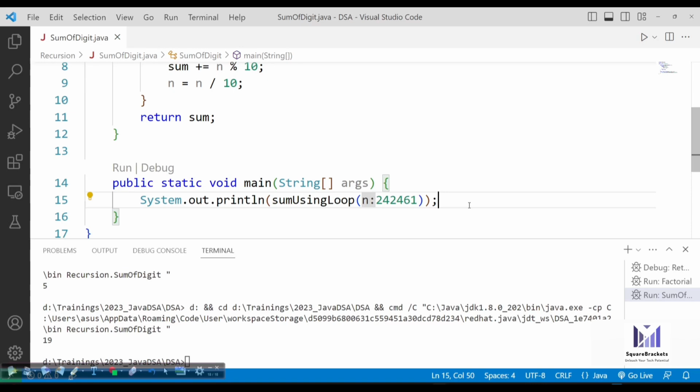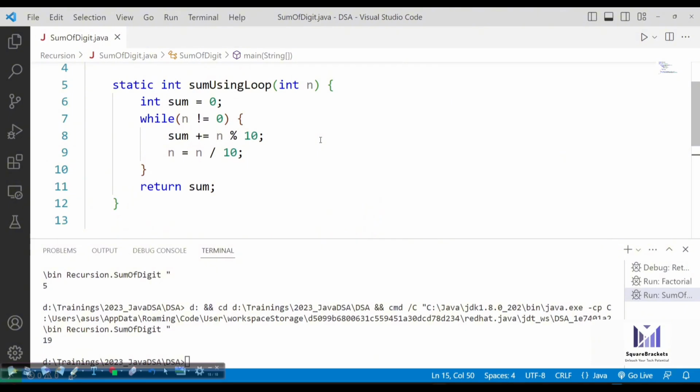All right, so I hope it is clear how to simply find out the sum of a digit using the loop. Now, if I ask you to write down the same program using recursion, see, the logic is the same. These two lines are the must-have. This is the primary logic. It can become your base case. Okay, this can become your base case. And now this is the recursive part that I'm going to write.